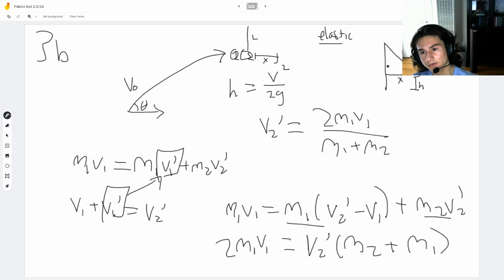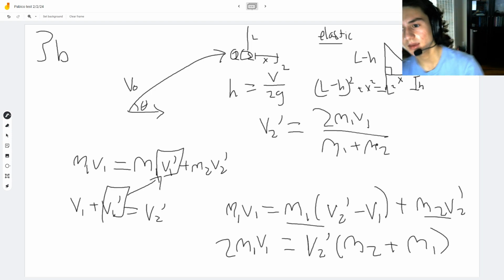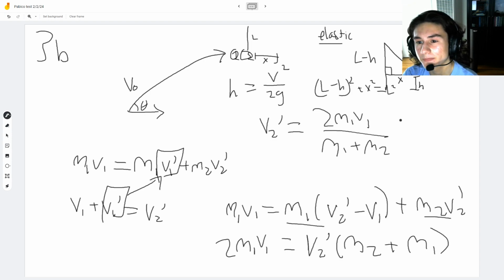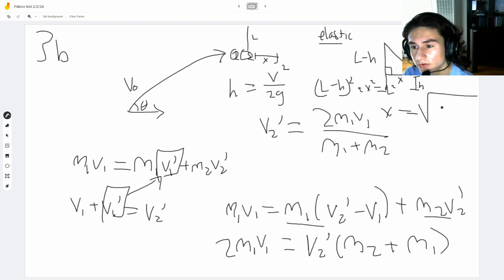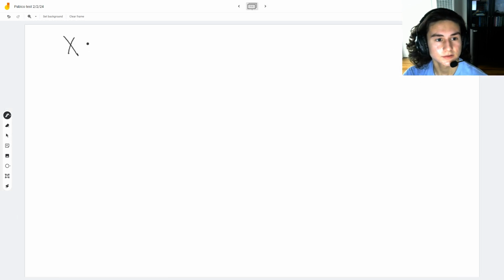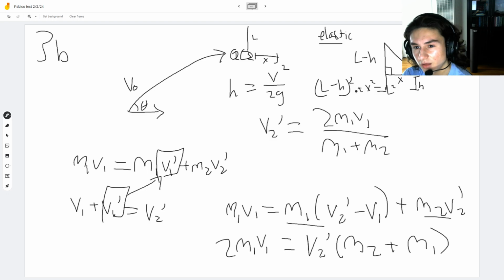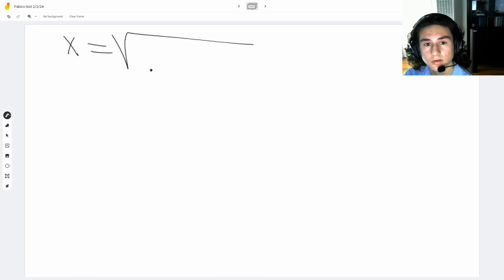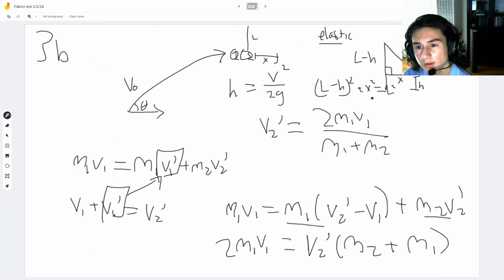So all we have to do now is basically either use some sort of sine, cosine, or we can just be lazy and say L minus H is this side. So then we can use the Pythagorean theorem. So we get L minus H squared plus X squared equals L squared. And so to solve for X, we just get X equals the square root. Ooh, I'm going to have to draw this on another page. So x equals the square root of L squared, and then we're going to be